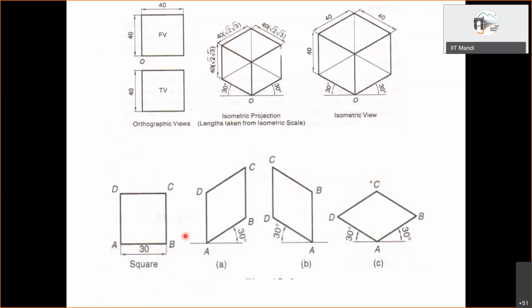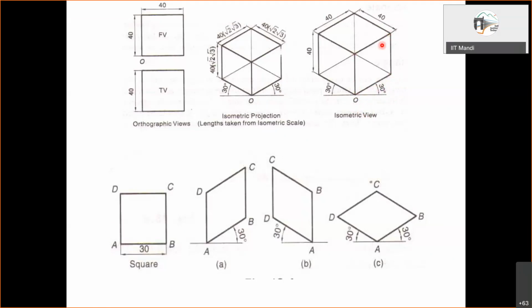Yeah. So if you recall, we considered actual isometric projection, where we have all these edges for the cube. Of course, we had discussed these are all equal, but these are of reduced length in the isometric projection. While if we keep the same dimensions as that of the original figure, then what we'll get will be the isometric view. It will be identical in shape. Only thing is the overall size of this isometric view will be more as compared to the isometric projection.